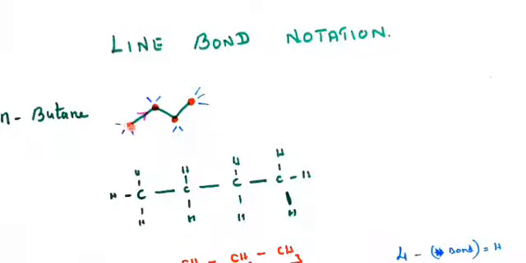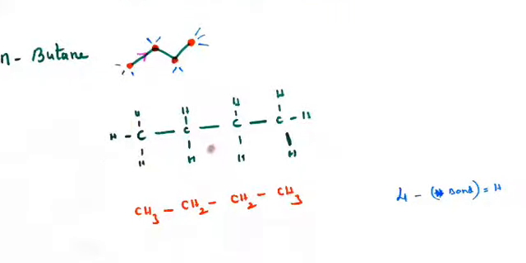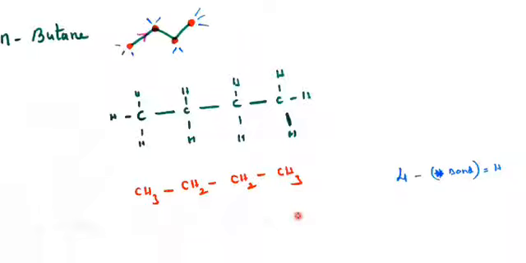So then you write H3C, then this carbon C and 2 hydrogen H, then bond C and a bond 2 hydrogen, then for this 3 hydrogen. First you write like this, and then you write CH3, CH2, CH2, CH3. This is CH3, this is CH2, CH2, and this CH3. So the 4 carbon chain is called n-butane.